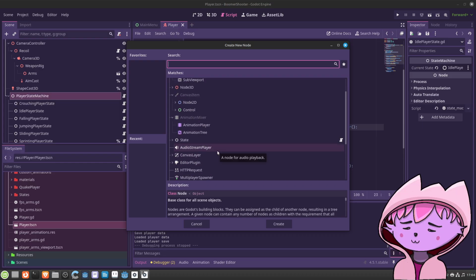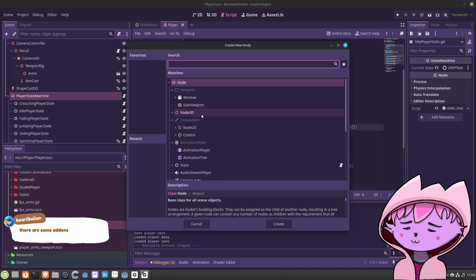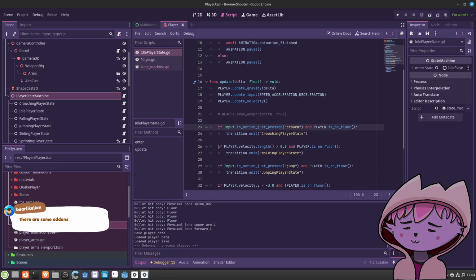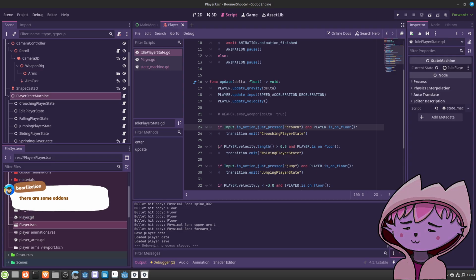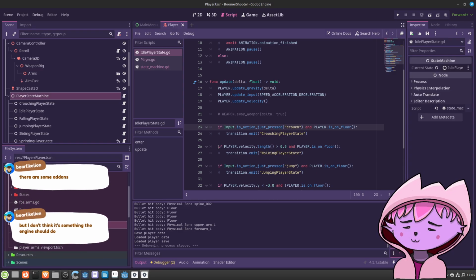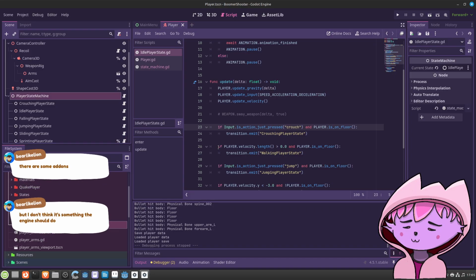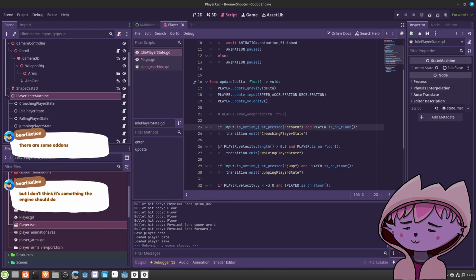I would love to have built-in state machine code which is good, usable. Maybe this is an unpopular opinion, but it feels to me that state machines just belong.